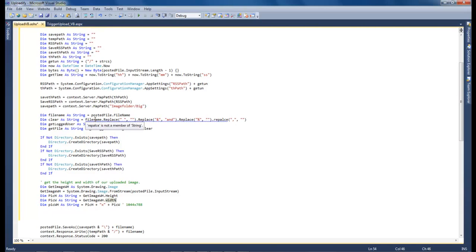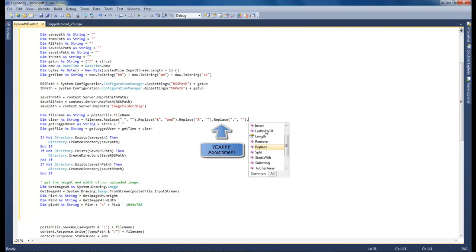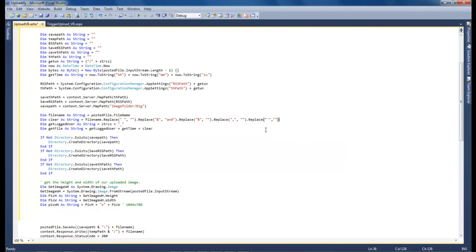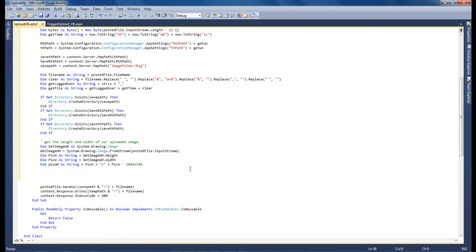And so, I wonder why. Okay, I got it. Right here. We misspelled our word. Also, there's one more here. We want to do Replace, and okay. That way we get rid of those little guys too. We don't want anything that could potentially mess up our image string being inserted into the database and also being called back from the browser. Okay, so anyway, now let's come down here and